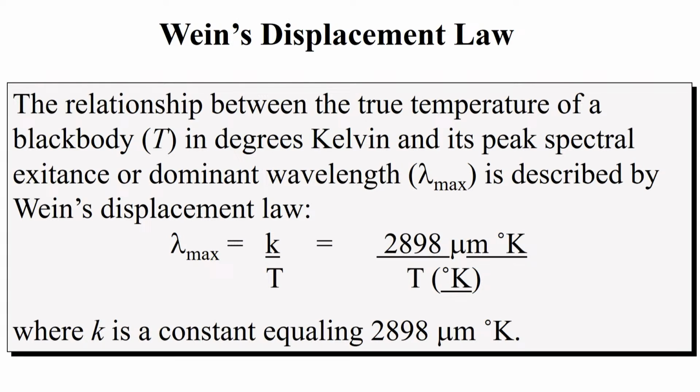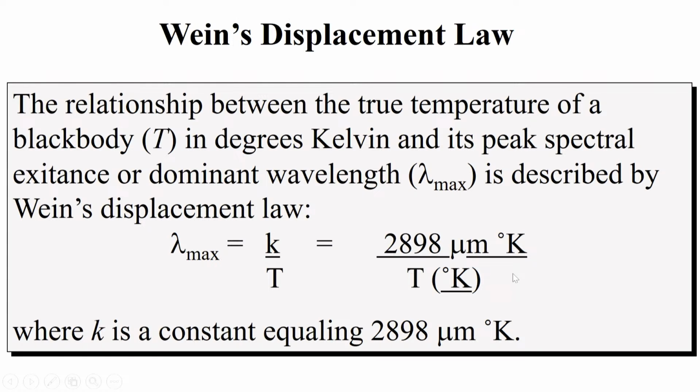So when you have the information of the temperature in degrees Kelvin of any object, you can find out the dominant wavelength. Once you can find out the dominant wavelength, you can find out the suitable sensor, or the suitable wavelength in which the sensor could be designed to find out the desired information. Like here,